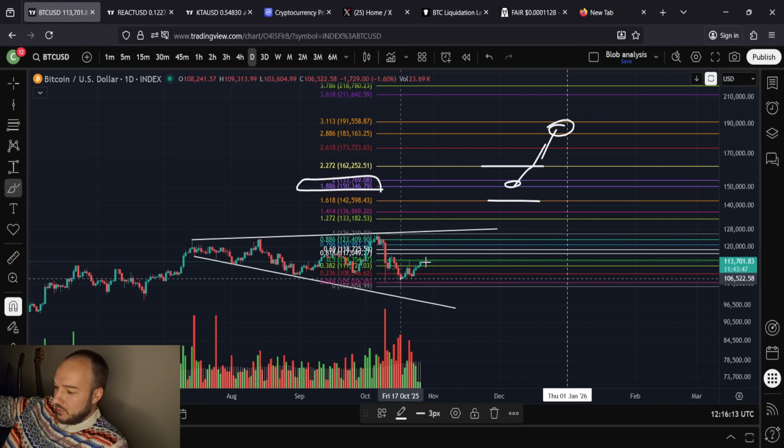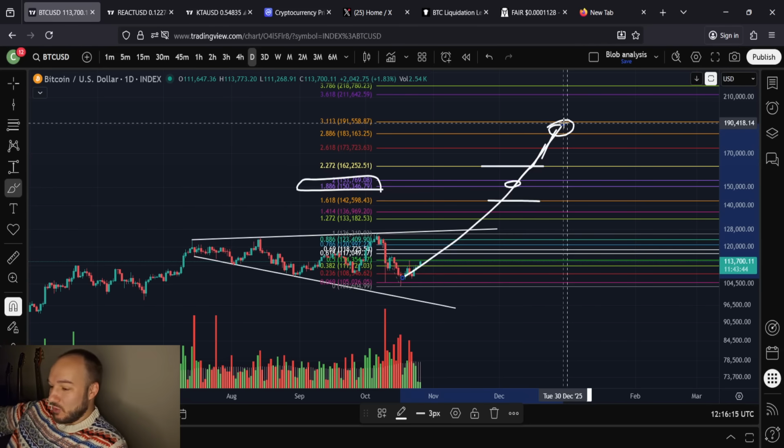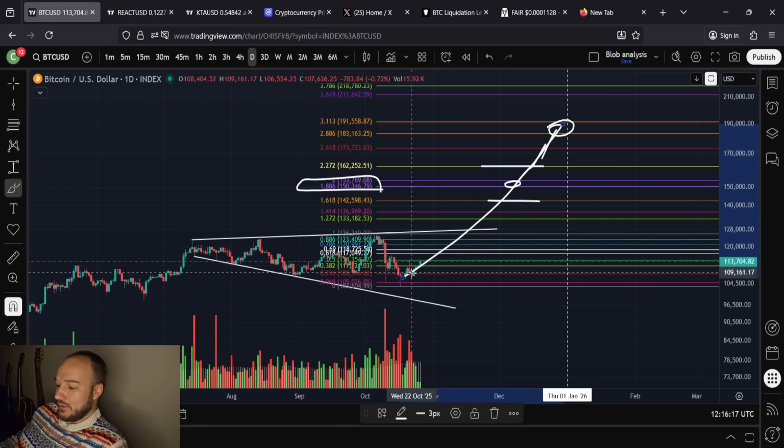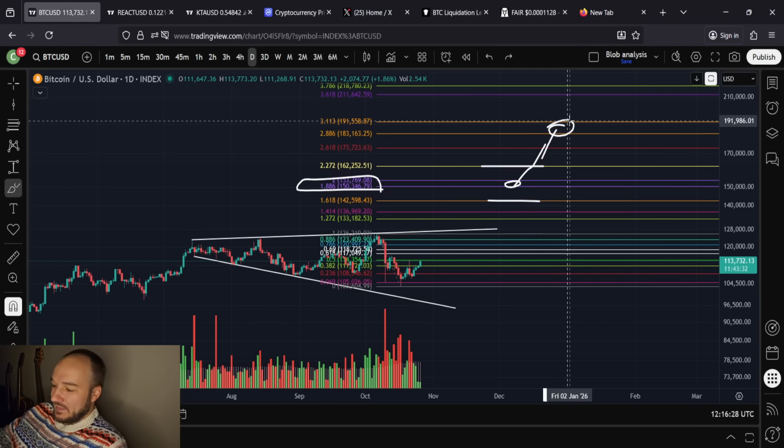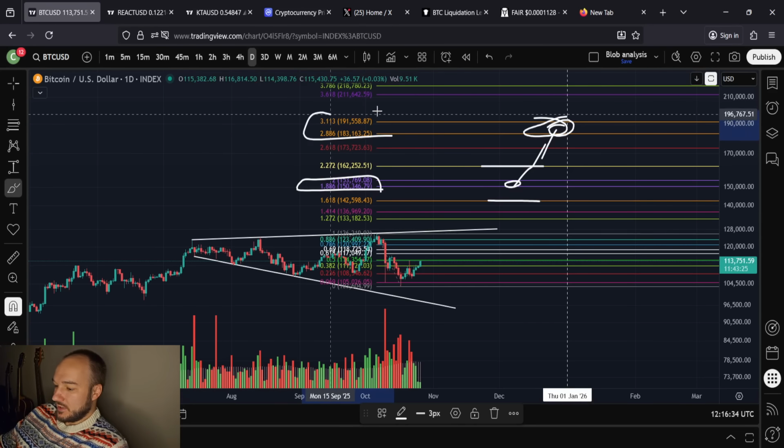So effectively, Bitcoin's going to be doing this, guys. It's more or less we're going to be following that line. There's going to be ups, there's going to be downs, and we're going to be somewhere around here, maybe not exactly at the end of the year, but somewhere by the end of the year. I don't care if it's earlier or at the very last day, but I think that we would be somewhere up here by the end of this year.